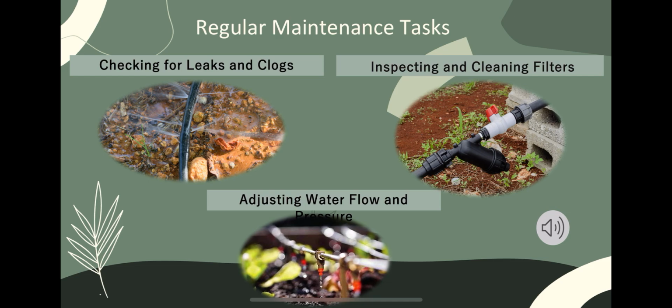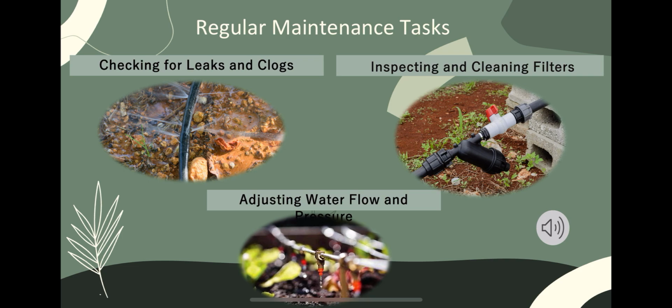Inspect your system for leaks, especially at connection points and around emitters. Leaks can result in wasted water and reduce system efficiency. Fix any water drips or leaks right away to stop more harm from happening. Also, check for clogged emitters and clean them if necessary. Clogged emitters can disrupt water distribution and harm your plants. Number two,